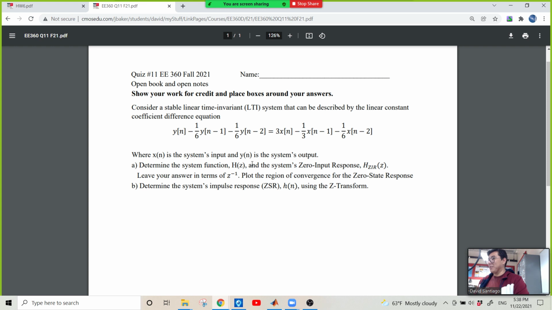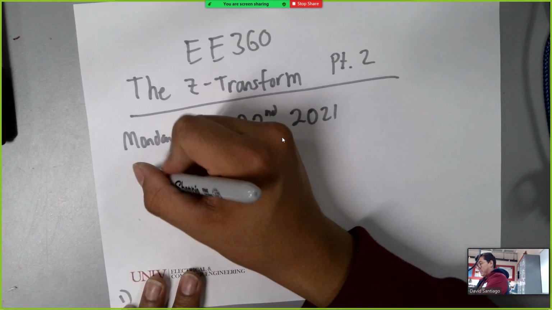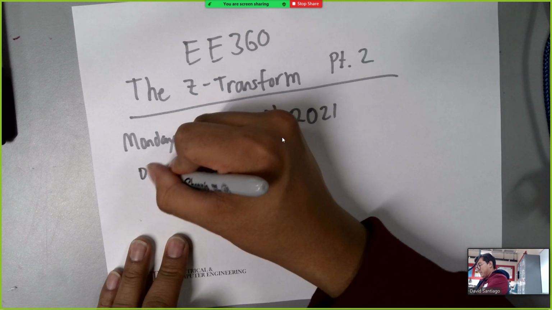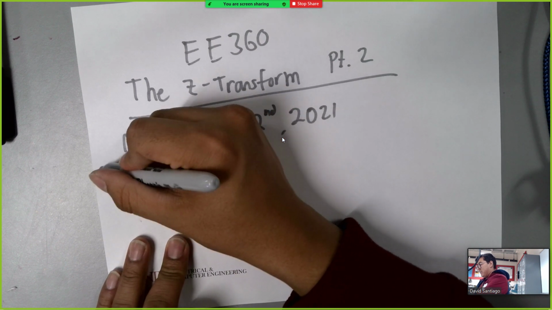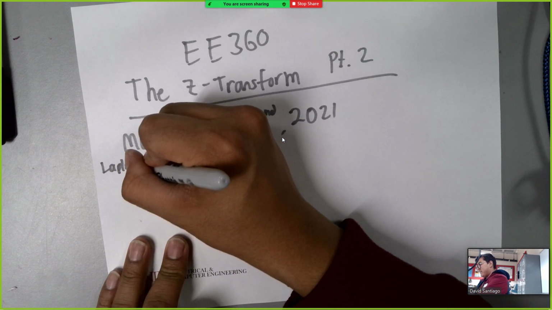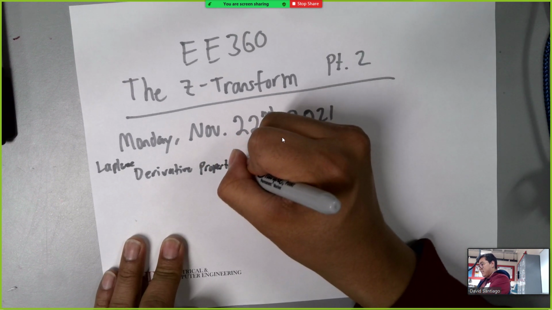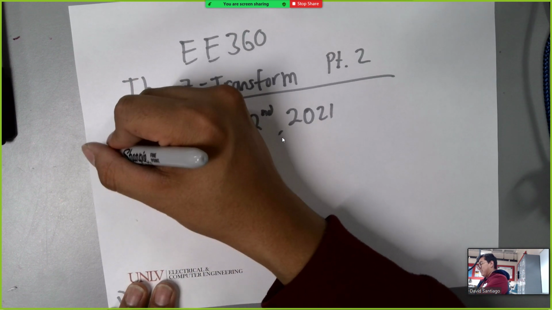So remember from what we were talking about back in the Laplace domain, where I think it was the derivative one, the Laplace derivative property. Is it derivative? Yes. Where basically the unilateral